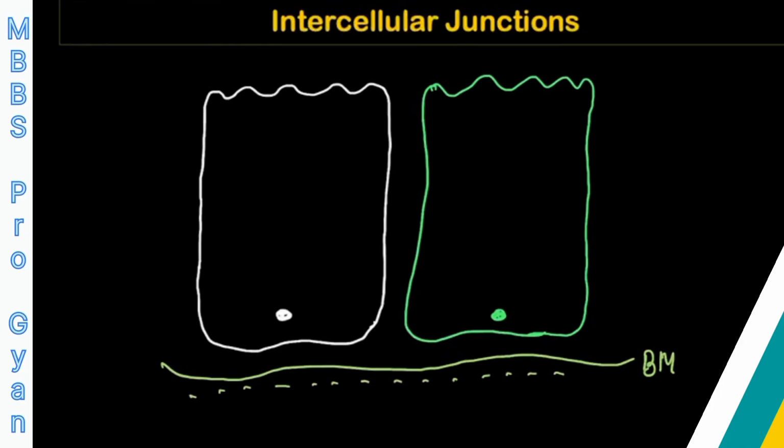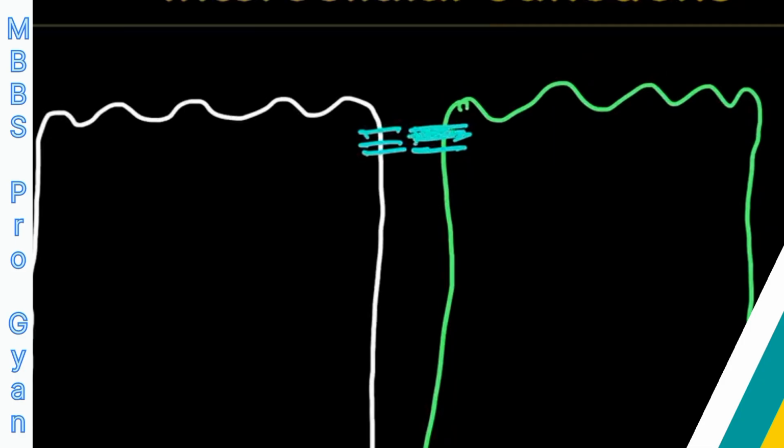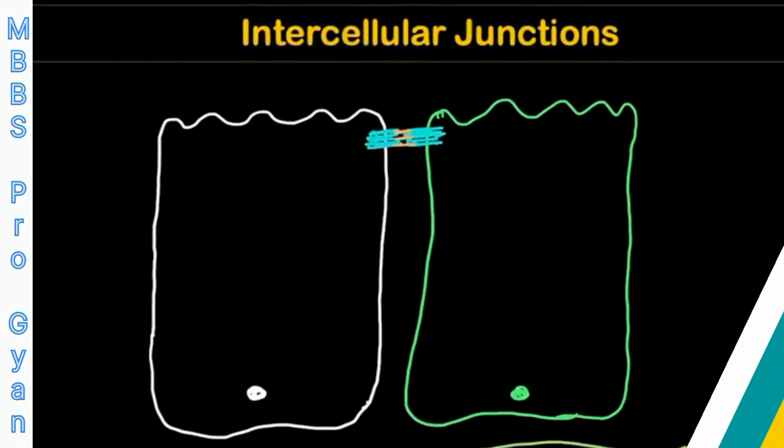Right. At the apical most portion of the cell, two cells remain attached with one another with the help of certain protein. So if I magnify this, this is certain protein from one cell. This is interacting with similar kind of protein from another cell, or the nearby cell. And when they are making this interaction, this junction is known as tight junction. This junction is known as TJ, tight junction. So I am writing here